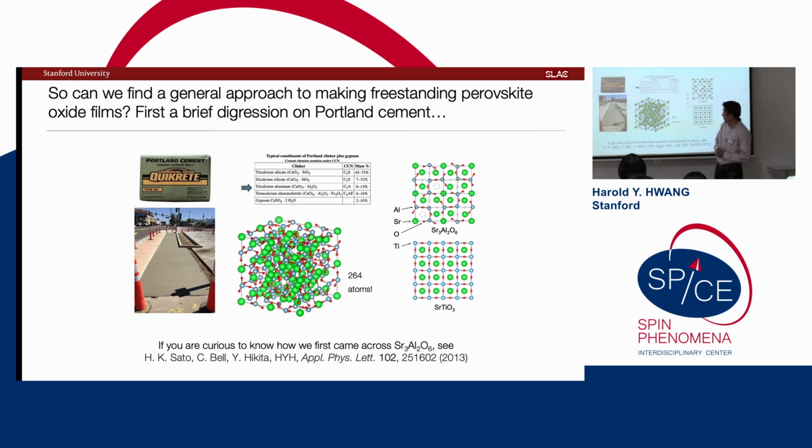It turns out that inside most commercial versions of cement, there's a few percent component known as tricalcium aluminate. This is a crystal structure. It looks kind of crazy, but you'll see why it's useful for our purposes: if I take a slice of this, a quarter of this unit cell, it fits nicely on the type of perovskites we grow.